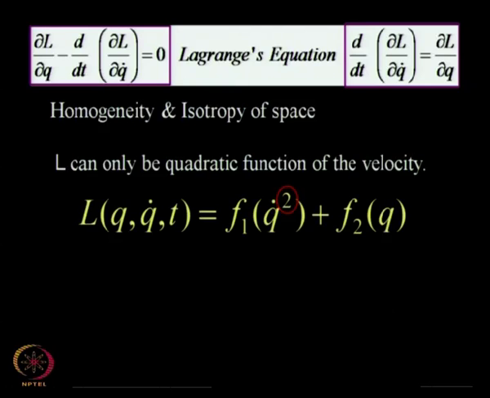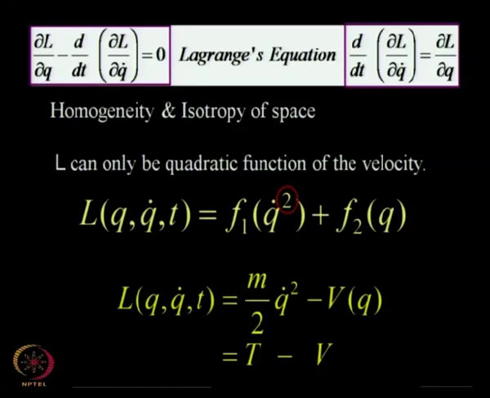Now, we have made some progress. We have still not identified what is the function f2 of q. Is f2 equal to alpha q? Is it alpha q plus beta q square? Any polynomial function of q would meet the requirement that it is a function of q, right. So, we have still not pinned down the exact functions, and that is what we will do now. We take the simplest function of q